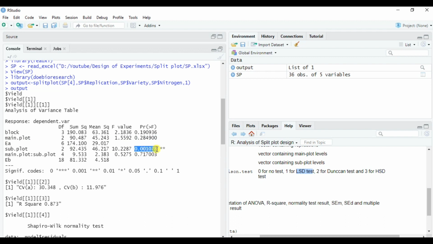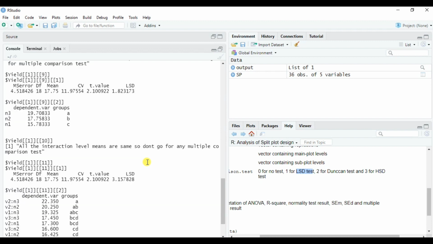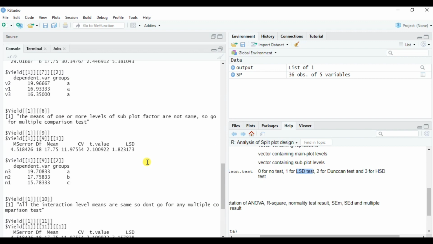Then for subplot it is less than 0.05, so we should go for comparison. And again for interaction it is non-significant, it is greater than 0.05, so we should not go for multiple comparison test for interaction. So this was about the yield, that is only one dependent variable.